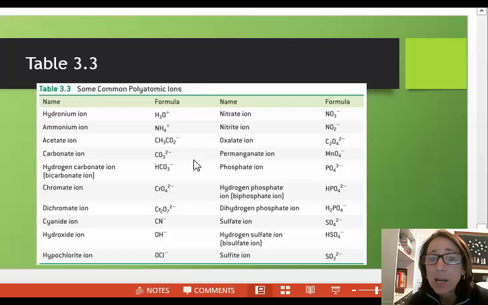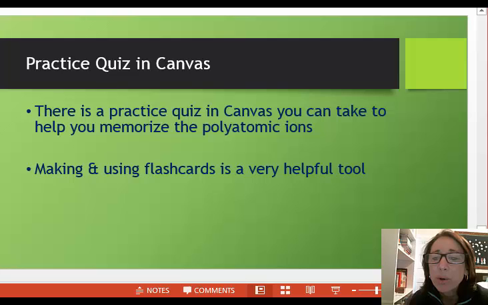If a polyatomic ion has 2 names like bicarbonate does, since it's also known as hydrogen carbonate, you must know both names. The best way to study polyatomic ions is to create flashcards. Carry these cards with you and study them as much as you can. Once you have an ion name, formula, and charge memorized, you can place it in a separate pile that you don't study as much.